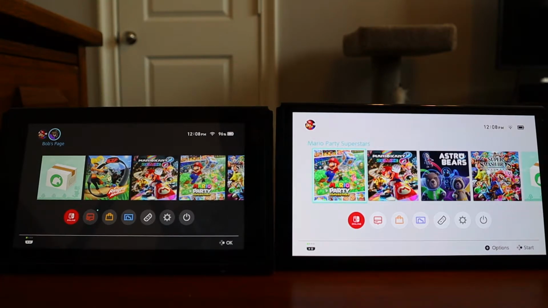Now I'm going to go over how to transfer your games and your save data from an old Switch that I have here on the left to a new Switch that's over there on the right. So to do this, the first thing you want to do is with your new Switch, just go ahead and turn it on and set it up